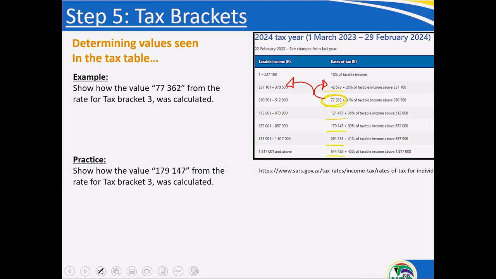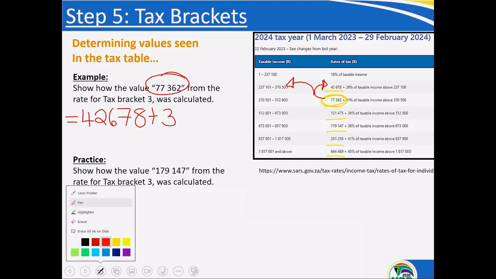So, you will take the tax rate that I showed you how to write out in the previous question, and you will use it to provide the calculation to give you the 77,362. So, 42,678 plus 26%